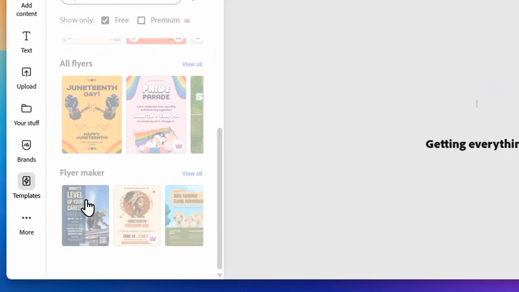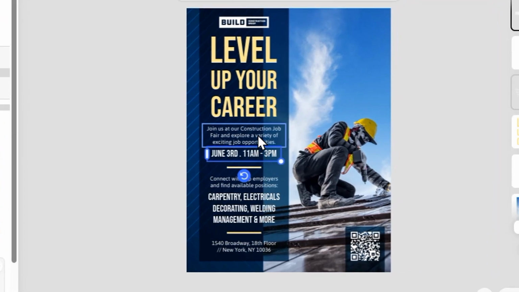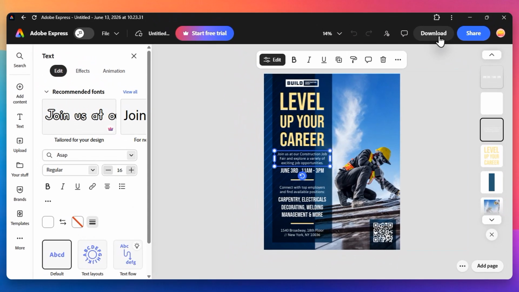From here, the real fun begins as you customize the elements. You can click on any text box to change the wording or swap out the background images with your own high-quality photos. Adobe Express allows you to adjust colors and fonts with just a few clicks, so that